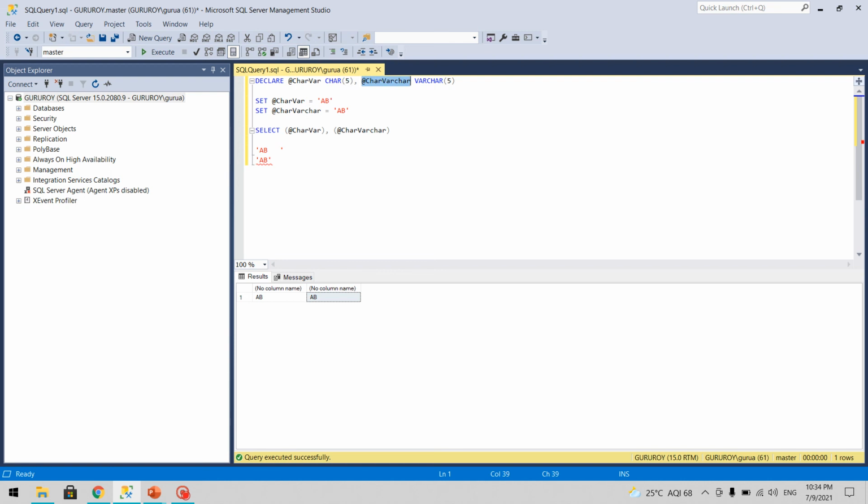Now why we need char? Why shouldn't we use varchar everywhere? Because char gives you one flexibility: in char type the compression and the indexing, all these things are going to work much better than varchar. So that's why in certain situations like product code etc, we must go ahead and use char instead of varchar.